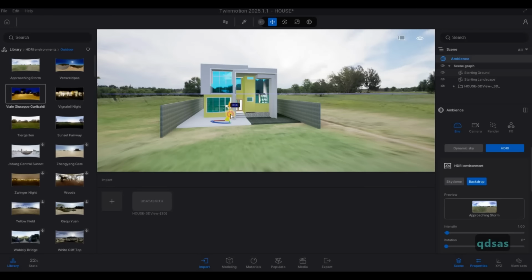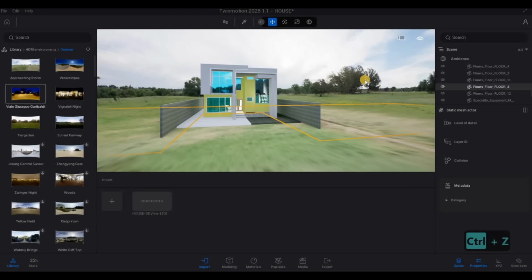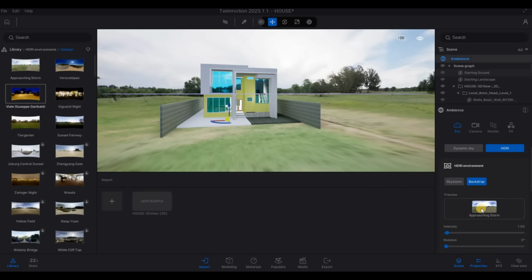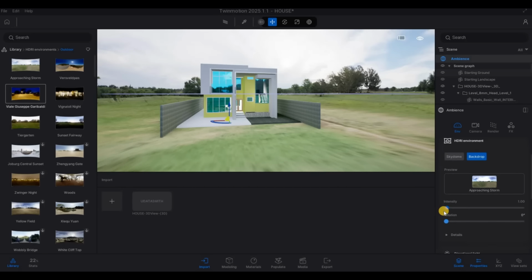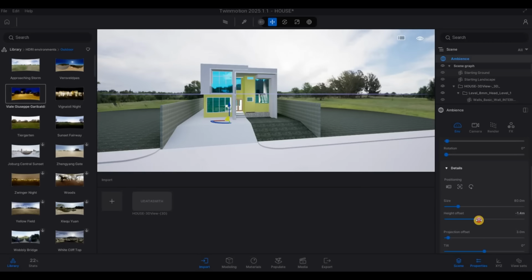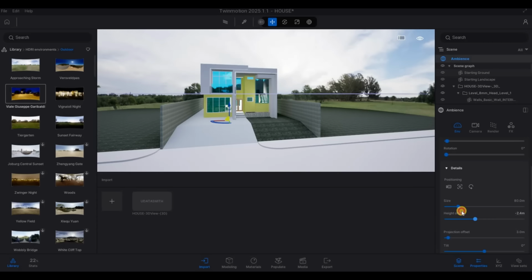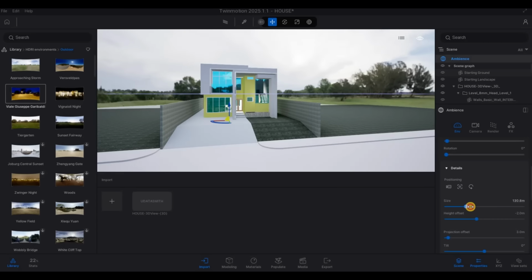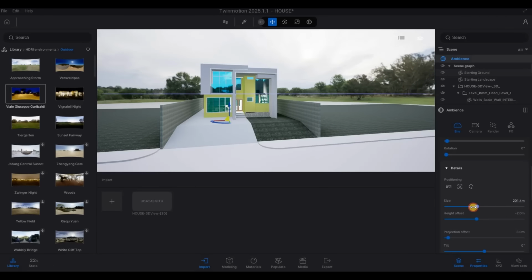And then the backdrop, we need to slide it down again. So to slide it down, actually, you need to go right here onto details, and then height offset to lower it down. And then the size, to make it bigger, you need to